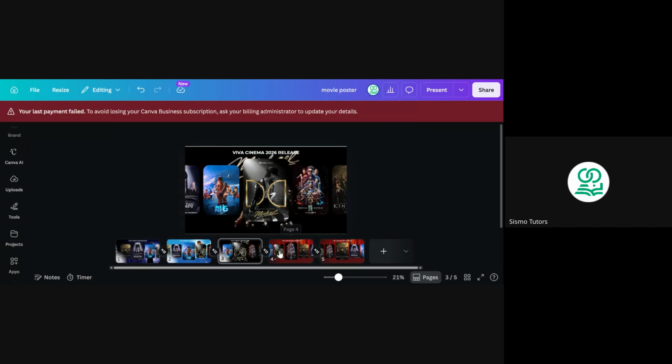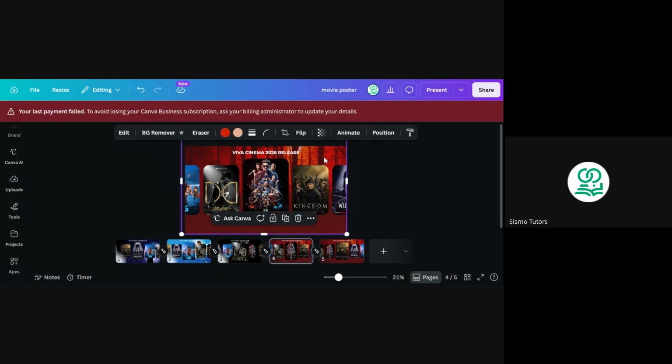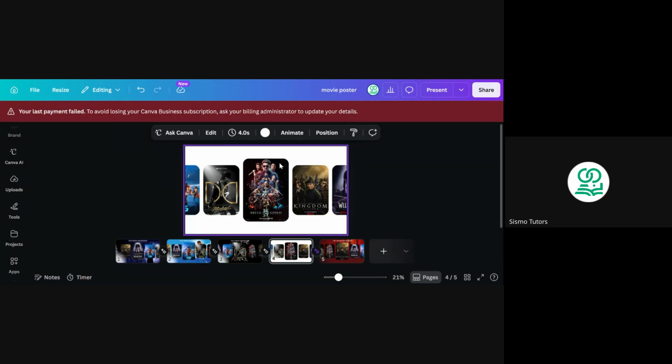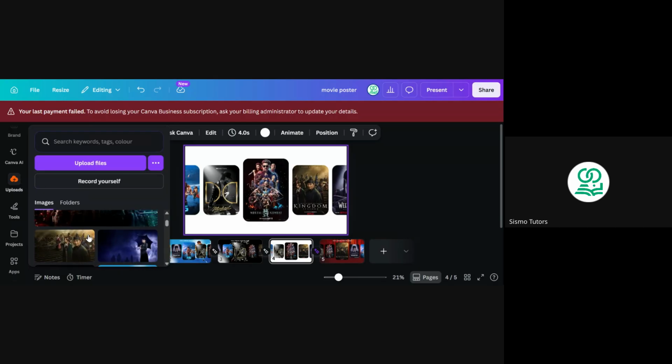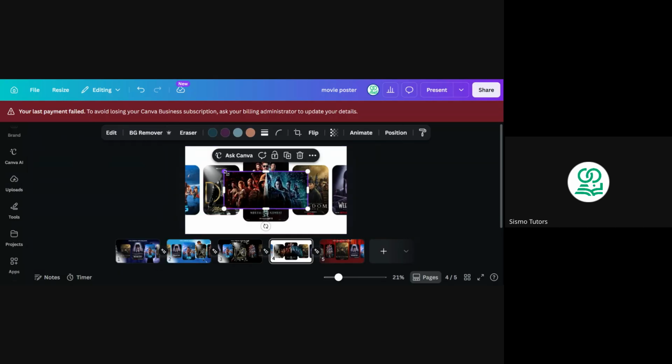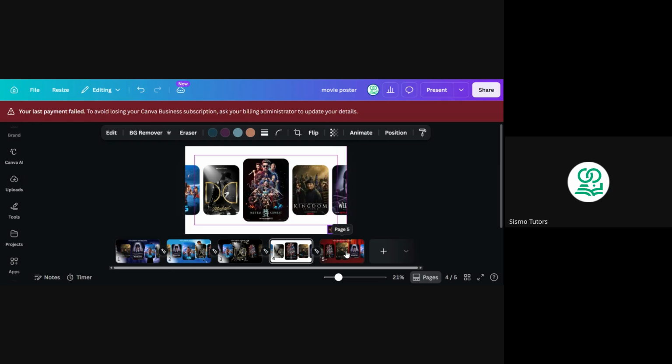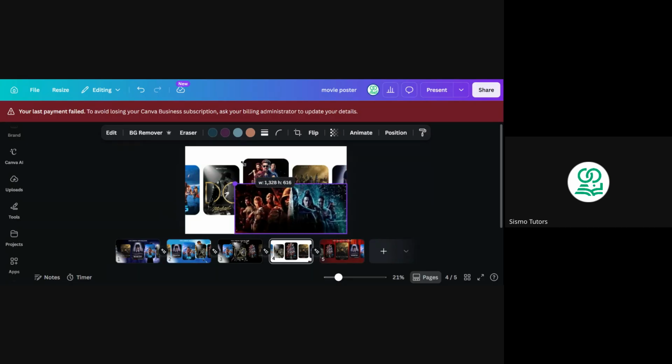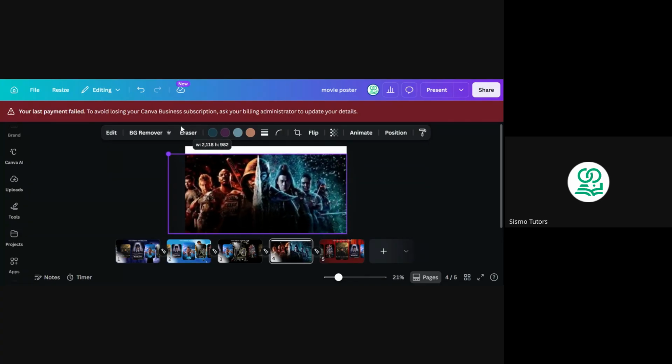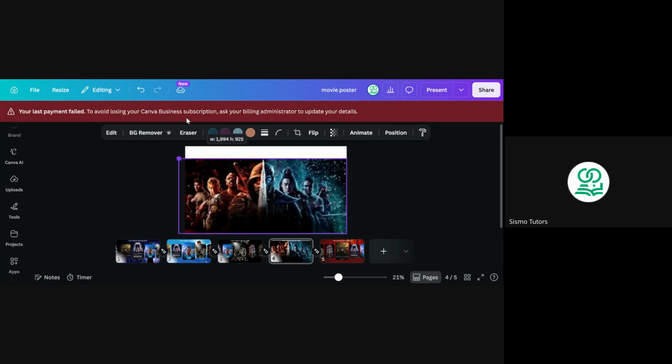Hope you understand. Mortal Kombat, the same thing. Go ahead and delete this, and then select the Mortal Kombat poster. Reduce it, move it to the downside so that it doesn't enter inside the frame. And then open up. Now, as you can see, Mortal Kombat is more like landscape. The landscape is too much. So if you zoom in,